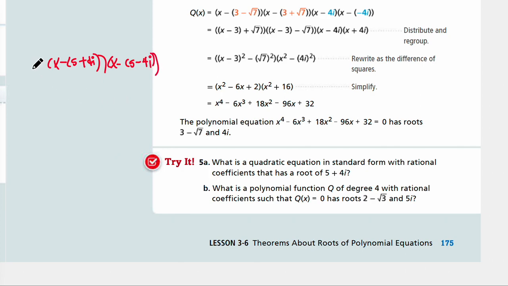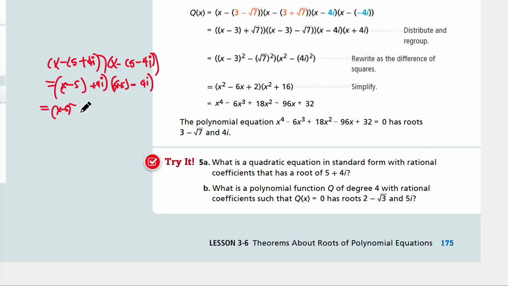Then you regroup them so that you have the same factor, x minus 5, and then 4i, times x minus 5 again, minus 4i. And then you rewrite it as a difference of squares, (x minus 5) squared,